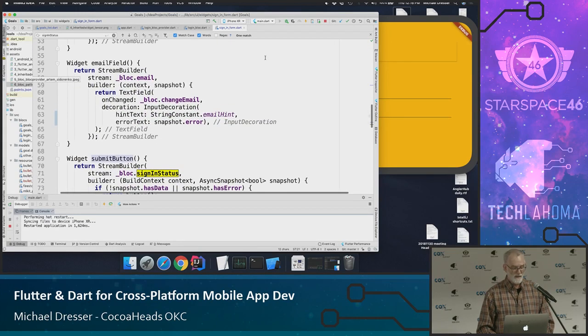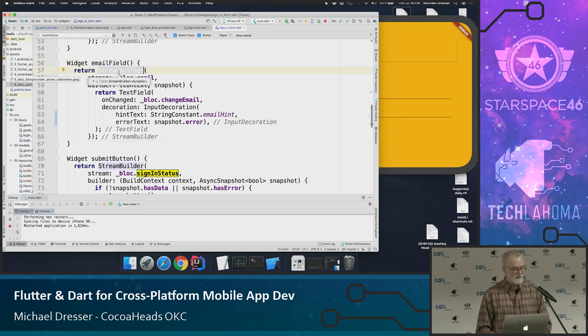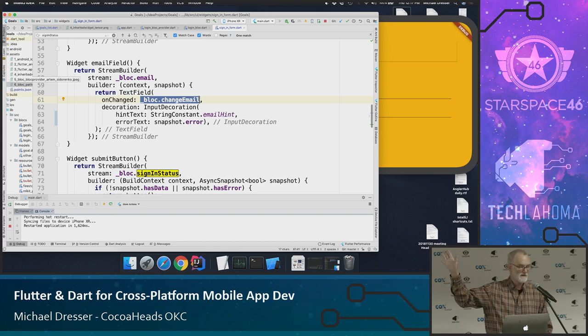So we'll just go straight to the email, and it's the only one that I'm going to deal with, because there's not enough time to do it otherwise. So the email field is a StreamBuilder. It's going to listen to whatever's emitted on this BLoC email stream. Anytime the text in the text field is changed, it's going to send that text into the BLoC using the changeEmail method. I'm going to go to those next. So basically, you change the text, and it's going to send it out to the BLoC to deal with it.